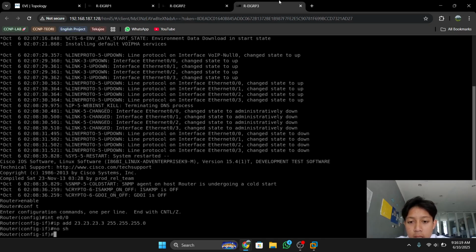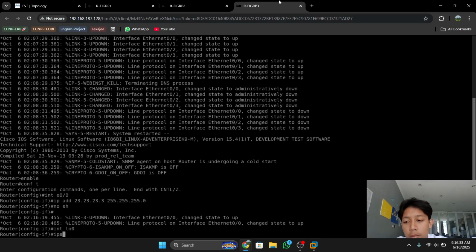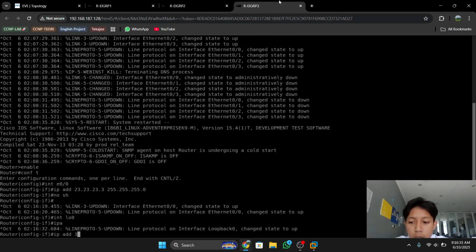And then you can add the loopback IP, loopback 0, same as router 1 and router 2. So we enter the interface and type IP address 3.3.3.3, and the subnet mask is /32 or 255.255.255.255.